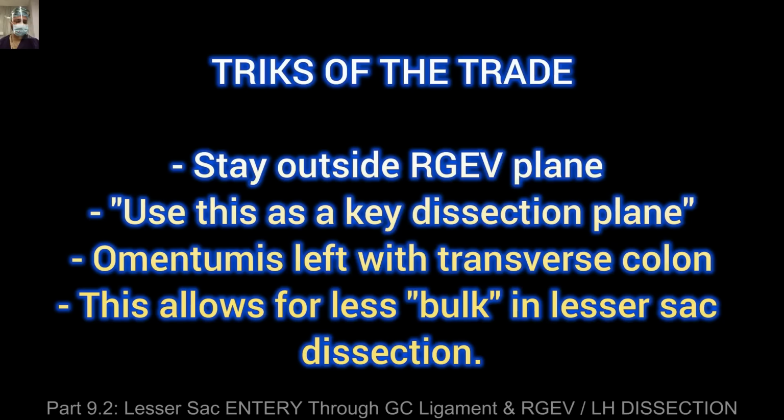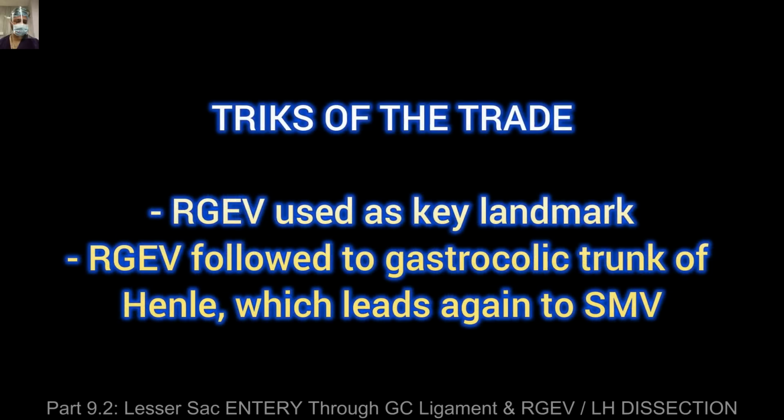Use this as a key dissection plane. The omentum is left with the transverse colon, and this allows for less bulk in the lesser sac dissection. Another trick of the trade is that if you're not able to identify the SMV from the right approach above the